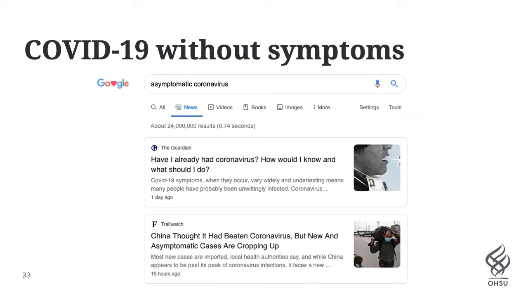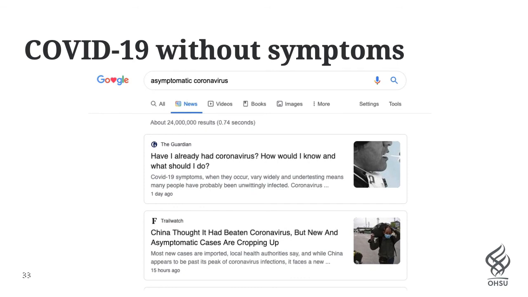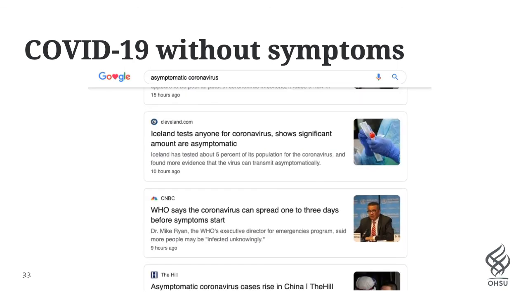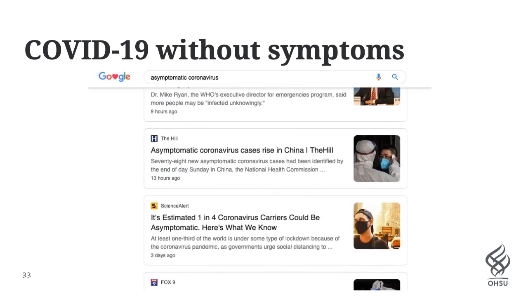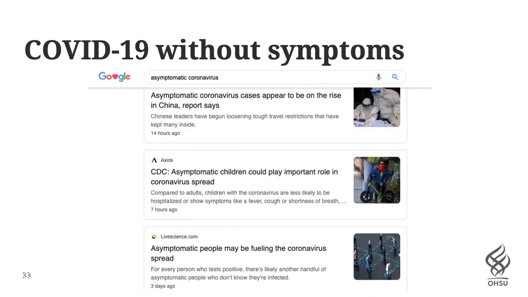So the cases I've just talked about are clearly people who felt the need to go to the hospitals because their symptoms were severe enough to need medical attention. But I'd like to devote a little bit of time to talking about something you've probably heard in the news, which is this idea that patients can have COVID-19 without symptoms, that you can be infectious without ever developing a fever or a cough. And I think it's critical to clarify a few key terms related to this, and then offer a little context for why you might be hearing about COVID-19 without symptoms.